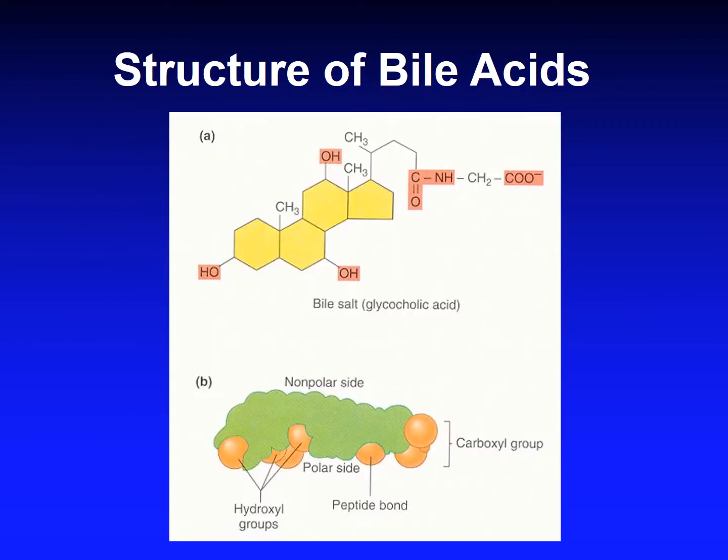So this is the basic structure of bile acids, which is the major component of bile. We'll talk about the components of bile now, but the major component is bile acids, about 50% of the bile secretions. So this picture is divided into two. The upper one is the chemical structure of the bile acid, and the bottom one is a